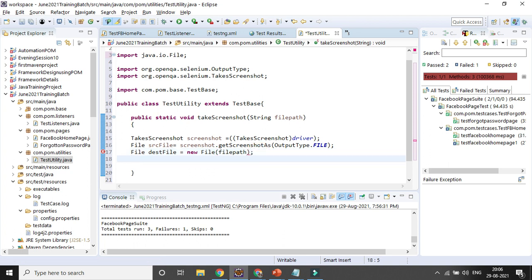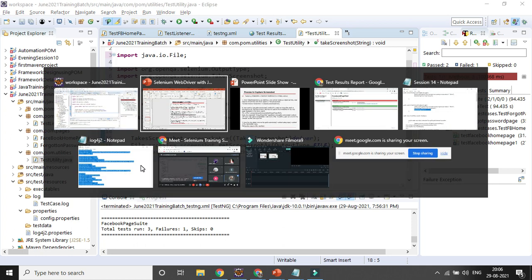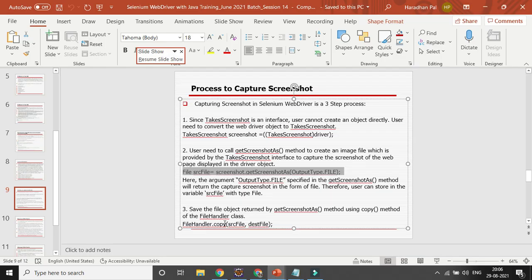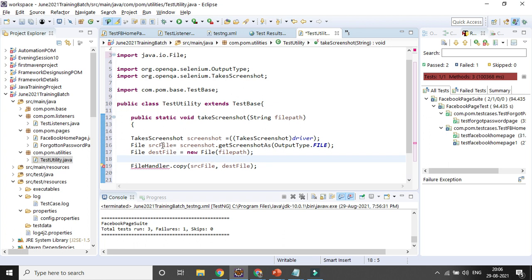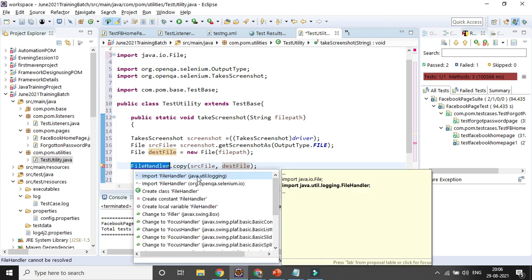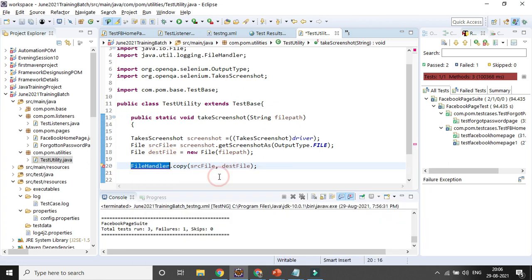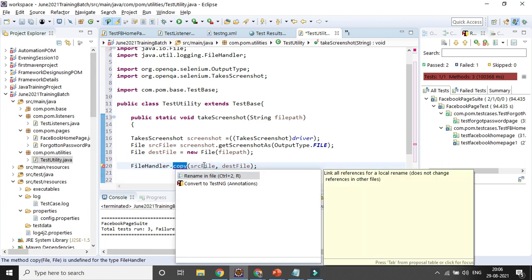Then I'll be using the next step. It is nothing but FileHandler copy, source file to destination file. Let's try to import the FileHandler, and then we also need to surround with a try catch block.